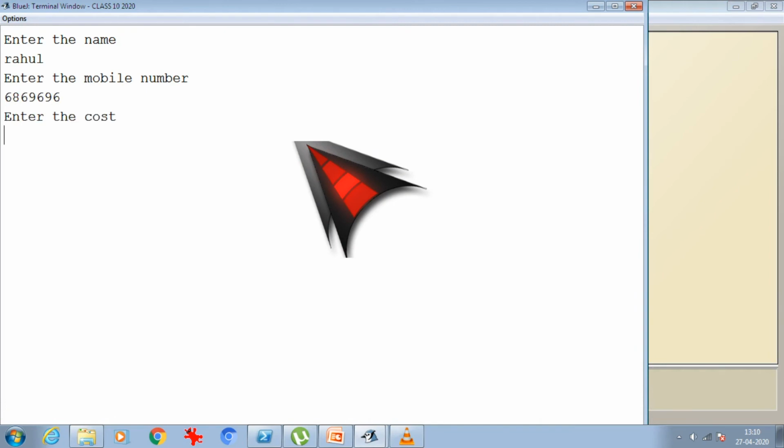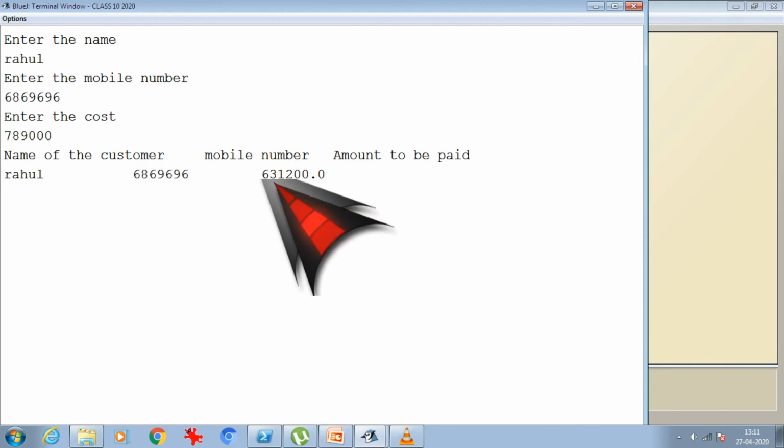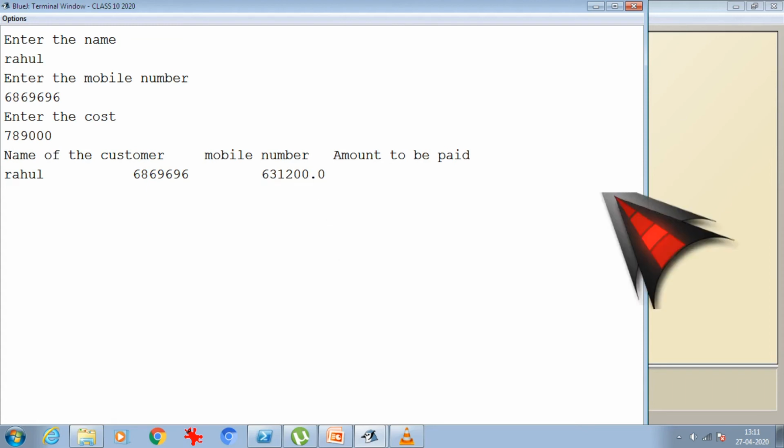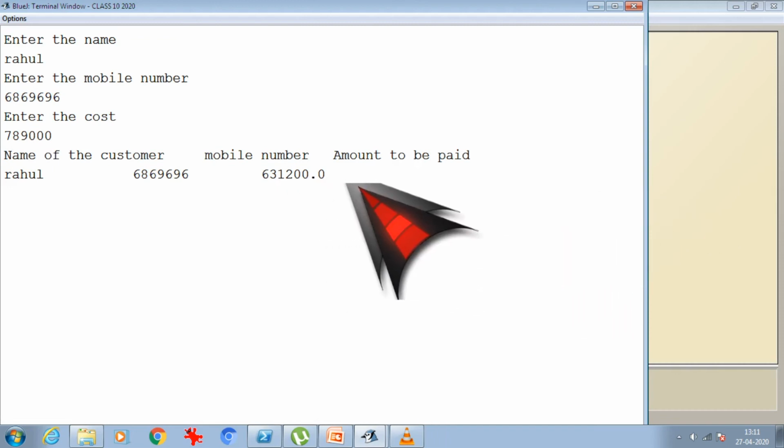Suppose I have given the name Rahul, mobile number randomly, and the cost now I'm giving something more. Okay, so still I need more \t to shift it. It depends, but while writing, one \t in the source code will be acceptable, but when you are doing it for a project, try to give more \t to adjust the layout over here.